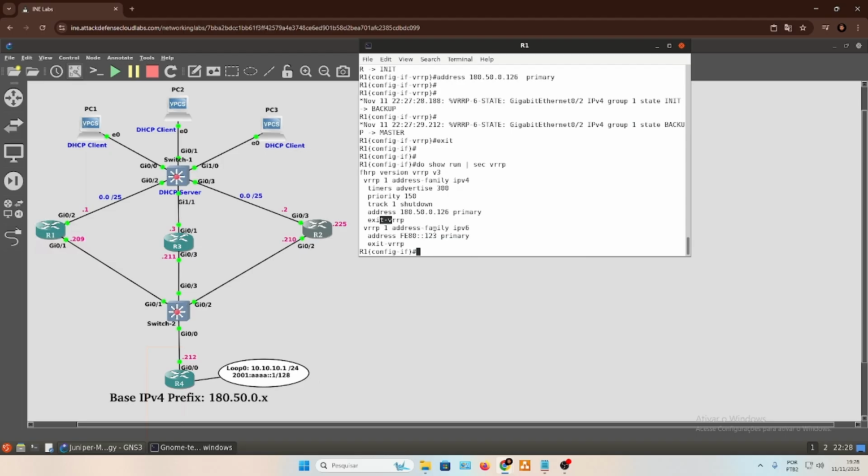Okay, so let's go back on the IP version 6, VRRP 1 address family,